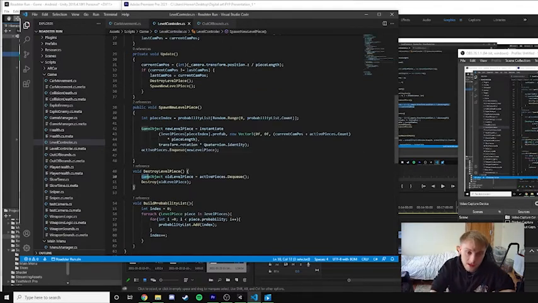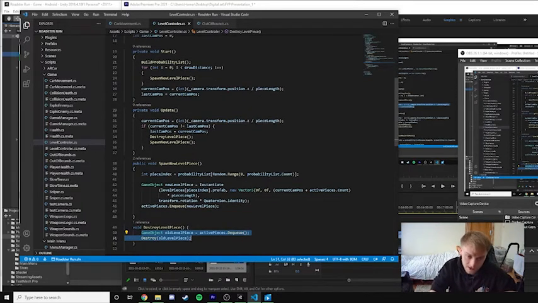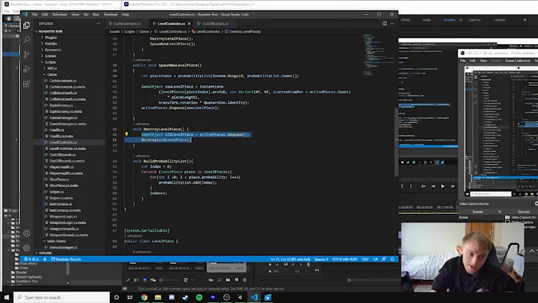So here we can see in destroy level piece, which gets called when we spawn a new level piece based off the update function, which is based off the current camera position, or if it doesn't equal the last camera position in the incremental way of how many pieces have been spawned. It destroys the level piece and does the spawn new level piece. Destroying a level piece just destroys the first object in the stack, and then destroys that level piece within the world. So this means we constantly have only 35 road pieces moving along with the player, and this is great for memory and